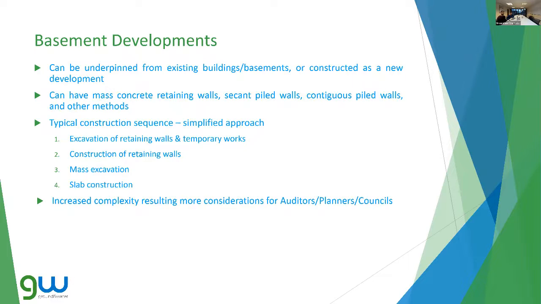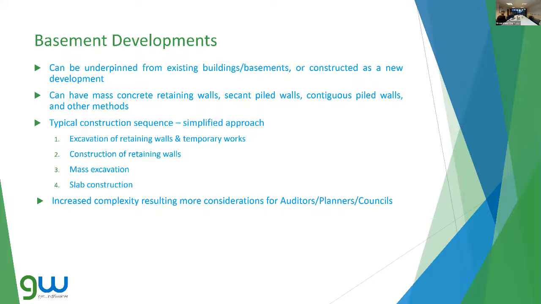The construction method may vary, and you can have mass concrete retaining walls, you can have embedded walls like secant piled walls, contiguous piled walls, and other methods of construction